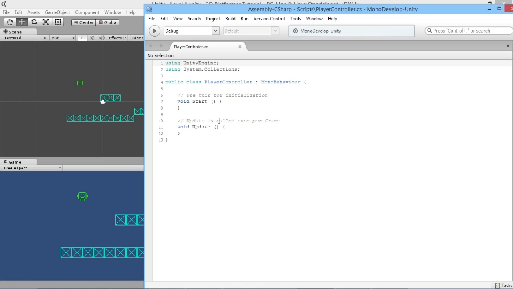Start is something that happens the exact moment that the level loads or the character is created or whatever. And then Update happens every single frame. So there could be between 30 to 60 frames per second, and that means whatever you put between these two brackets here will happen 30 or 60 times a second. So what we want to do is create movement for our character. We want him to be able to move left to right, and we want him to be able to jump up in the air. So the first thing we'll do is go up here above